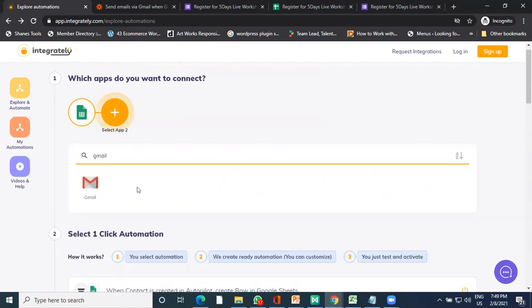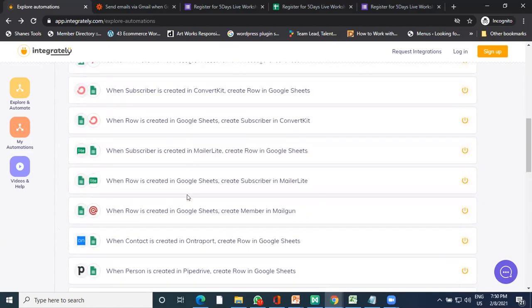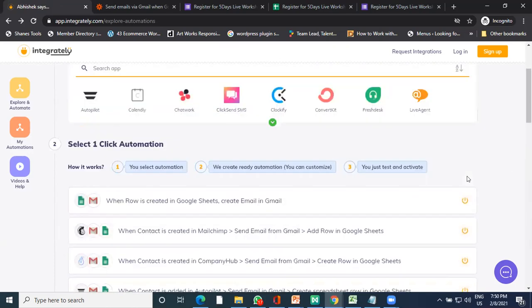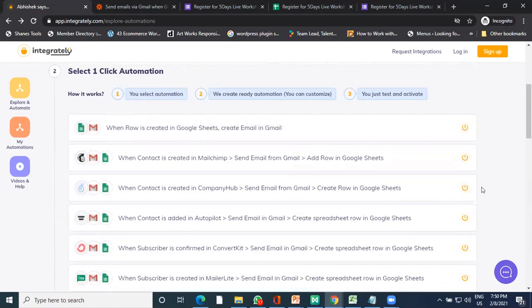So in short, Integrately is a substitute for Zapier, right? Yeah, actually, it gives more Zaps than Zapier, so you can do more connections or send more emails via this. But understand, Gmail has a limitation, so everyone needs to understand this. Gmail can only send 500 emails in a day, and if it goes beyond 500, it is going to get into a bounce or a spam account. So make sure you use this function very wisely.